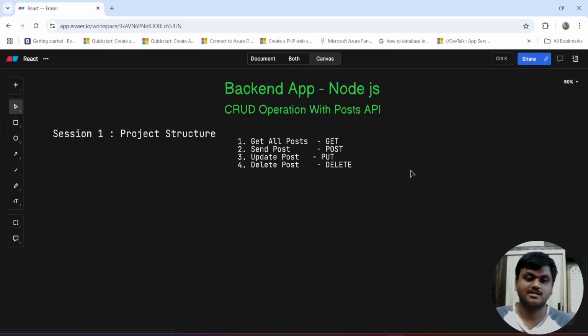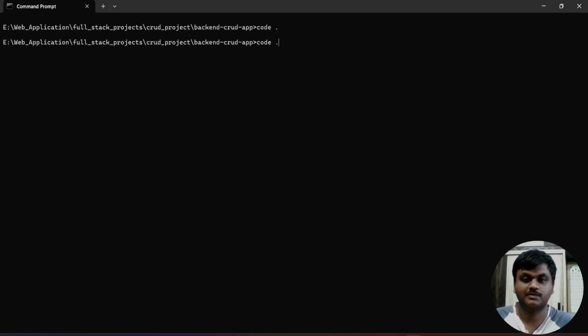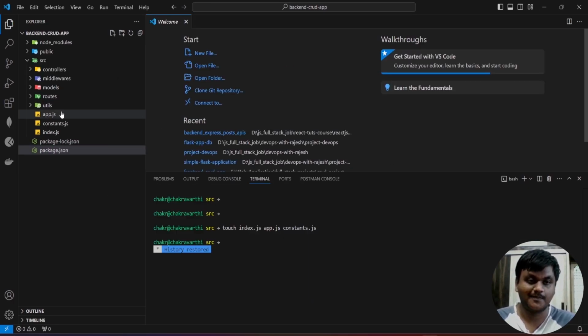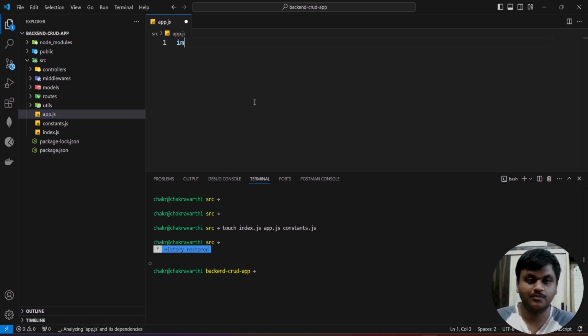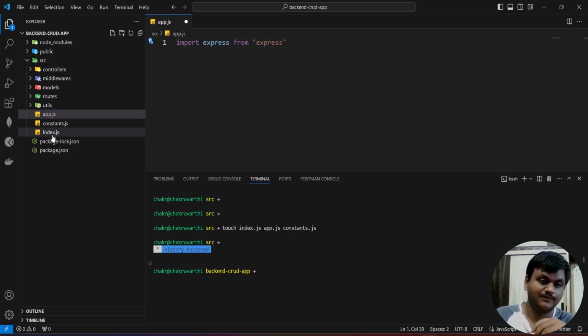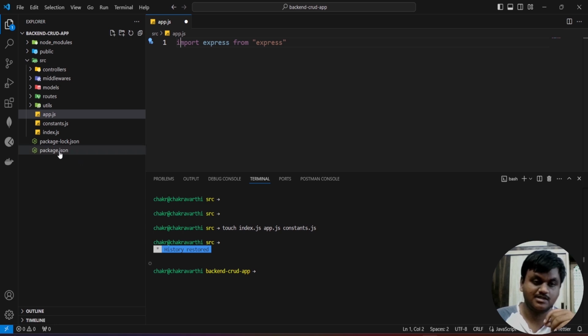Hi friends, in this session, we are going to connect our project to the MongoDB database. First, I'm going to open my project and go to app.js. First, I'm going to import Express: import express from express. Actually, before using this import,